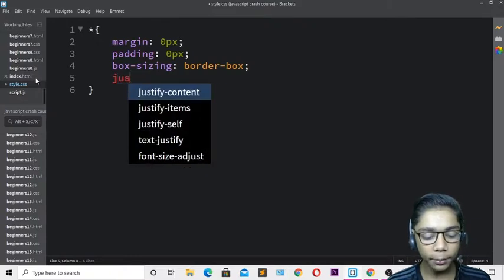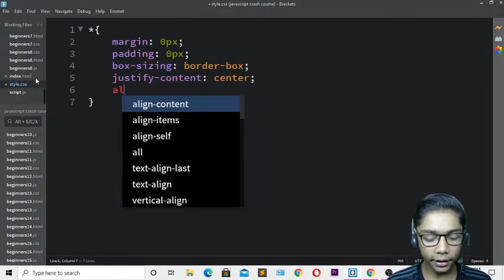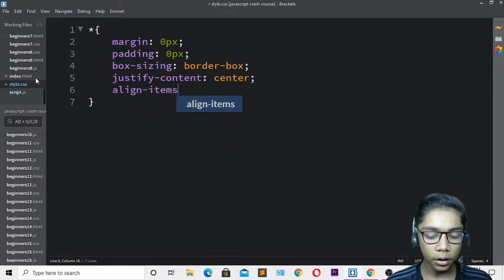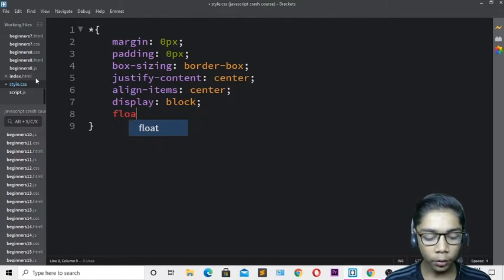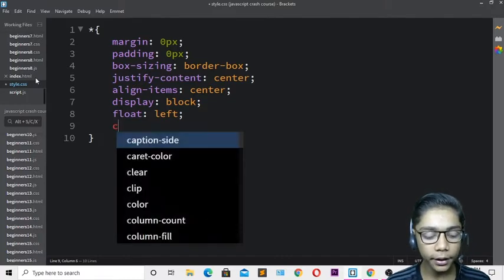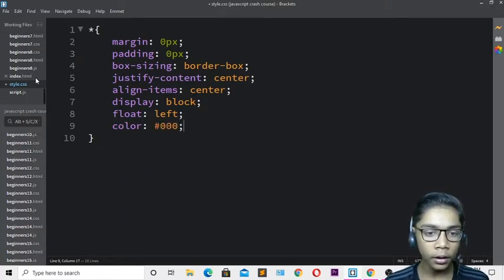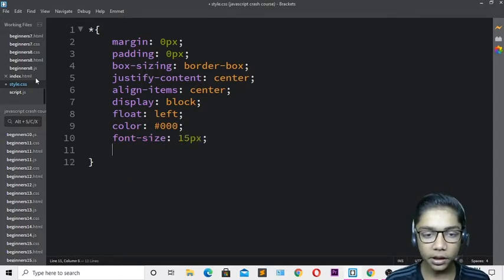Then when you've done that come over here and write justify content center, then write align items which should also be center. So when you've done all that, come over here, and now I will be writing display which should be block, and float into left. So I will be writing float left. Now when you've done that you have to come over here again, and I will be writing color which should be black. Then write font size which should be like 15 pixel, and when you've done that come over here,